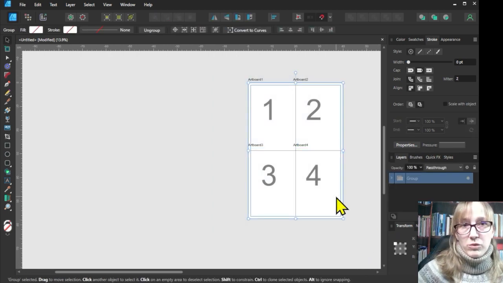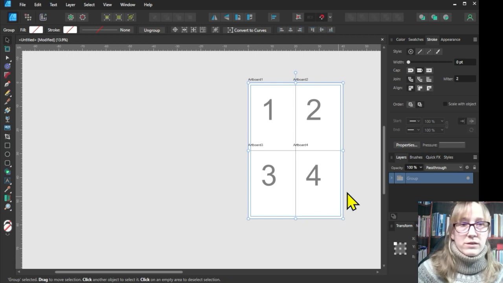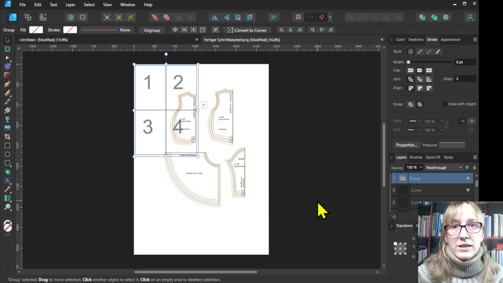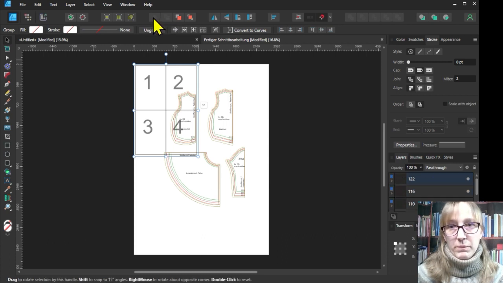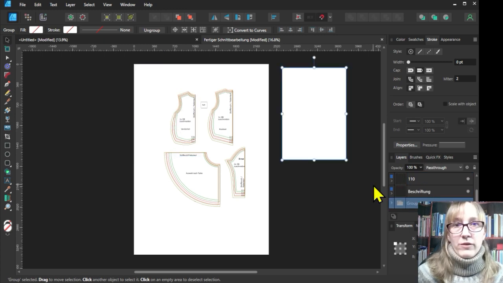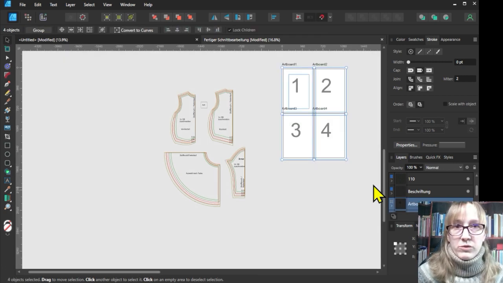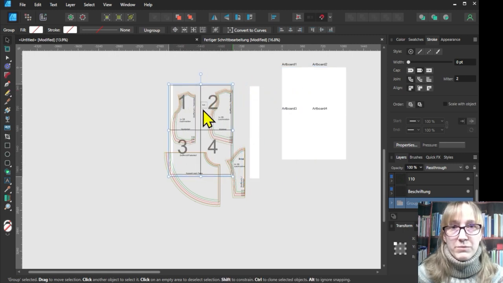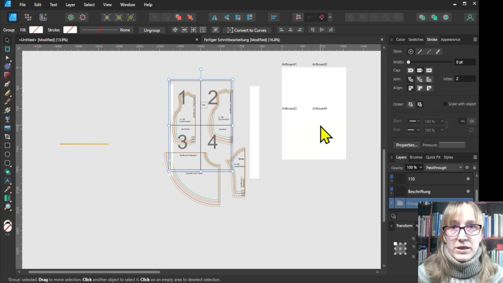After that, I copy the group because I want to put it behind our cut. If we now open our cut, we can paste the group with Ctrl+V. The important thing is that the group is always behind the cut. So first we put it above because it was positioned in the label. Then we click on the button that it's pushed to the bottom of our page. Now we have to ungroup it so the artboards are really inserted, and then we just group them again. If the cut or the layers are above the template group, we still align the template and we're done.